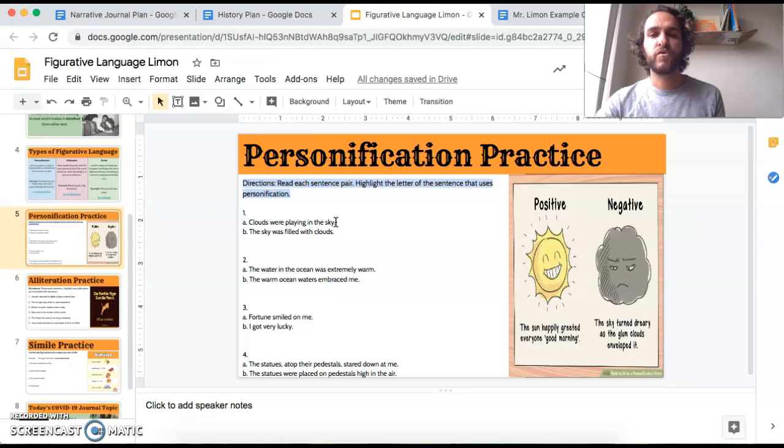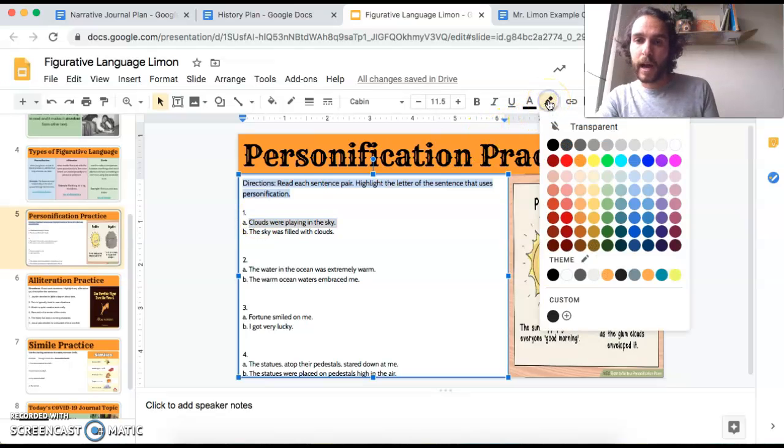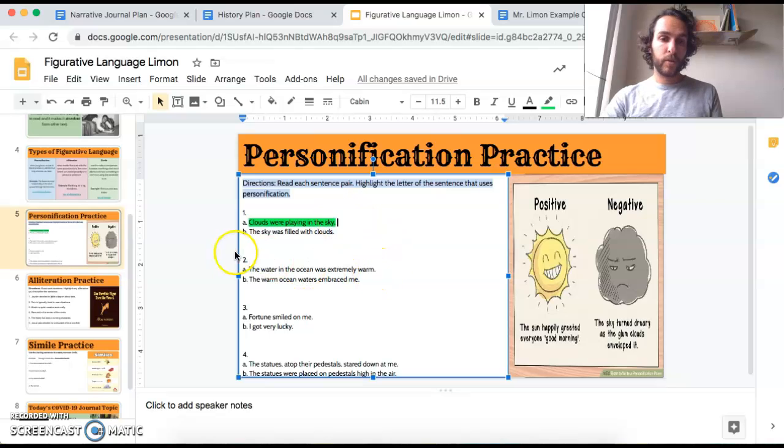Hmm. Well, one of these to me sounds like it's a human quality because humans can play, right? So I would highlight this, and I actually need to highlight it. So that means clicking over here, highlight color. You can do whatever color you want. I'll do this really, really loud green, and I will do that. So you do the same thing for 2, 3, and 4. You pick which one you think is correct, and then you highlight it. All right, moving on to